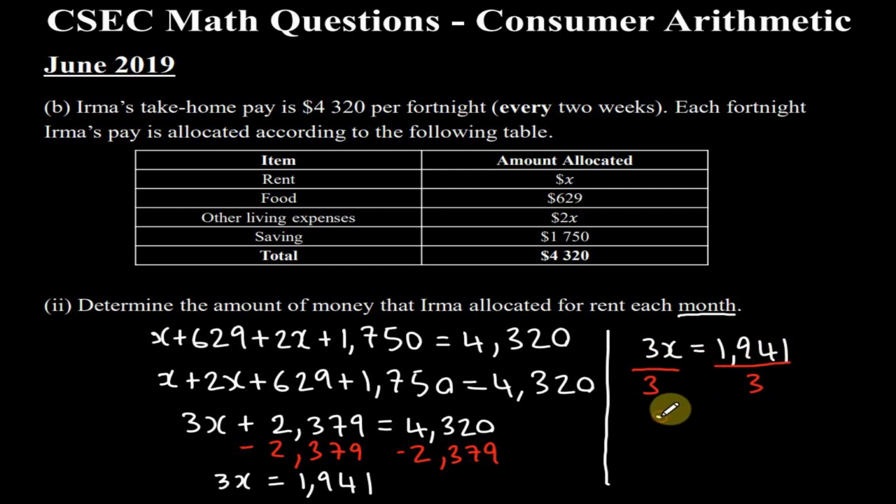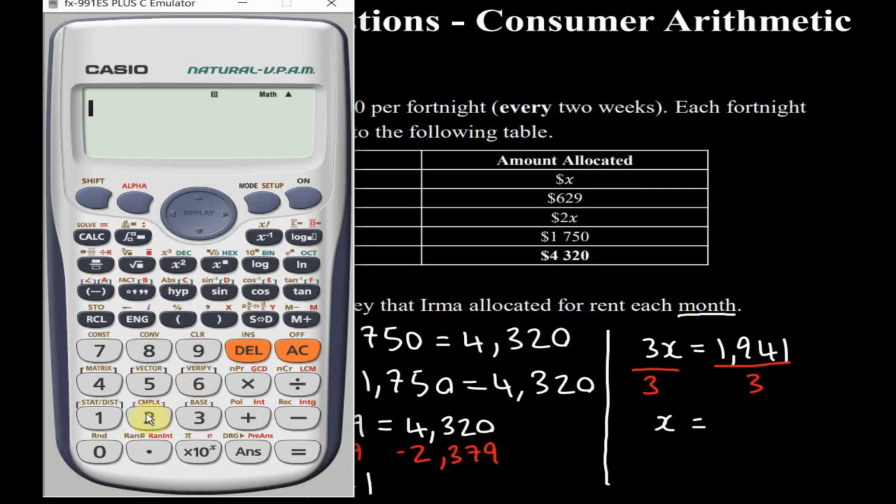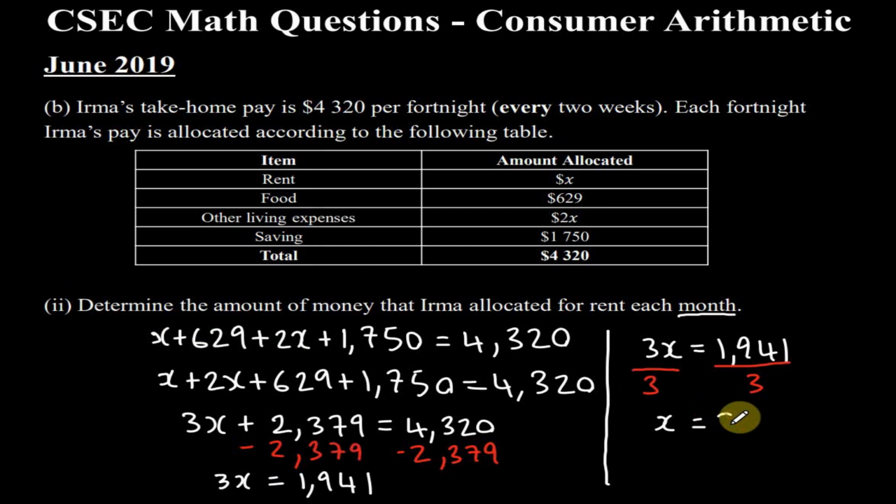And I'll be left with x is equal to, and again I'll use my calculator to aid me here. So it's 1,941 divided by 3. And I'm getting $647. So this would be the amount that is allocated to rent fortnightly, right? Over a 2-week period. So the amount that will be allocated to rent for the month,